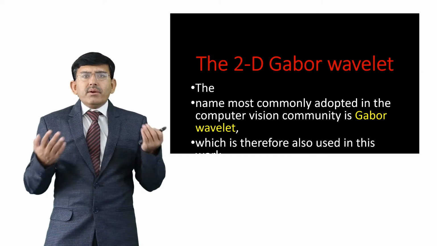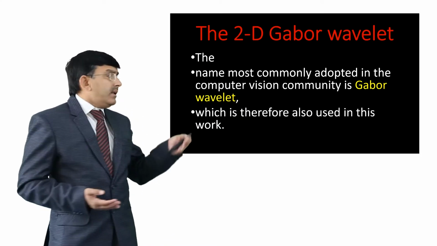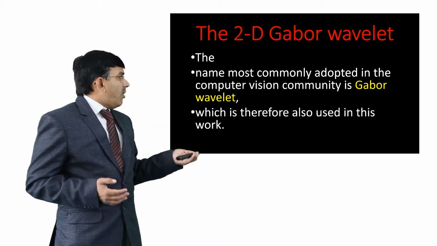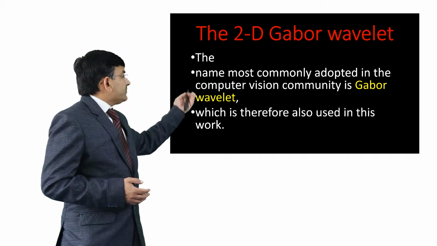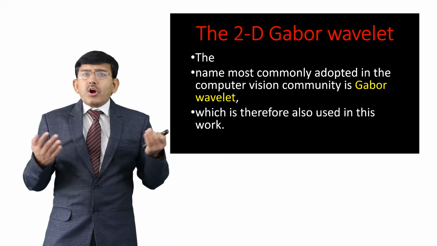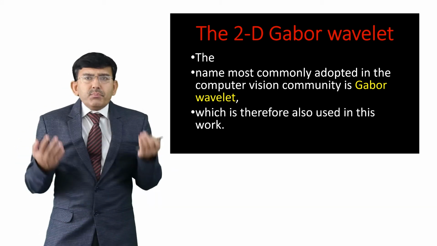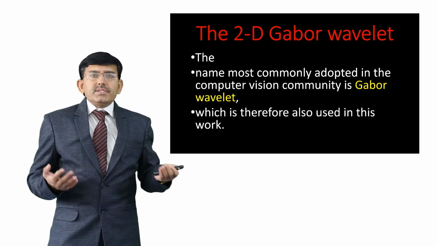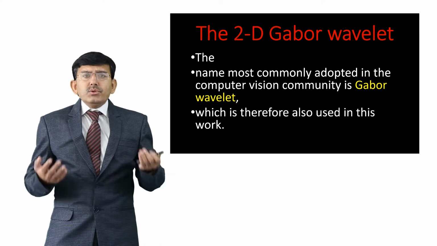The 2D Gabor wavelet has certain other properties which are also useful for extracting the prominent lesions. The name most commonly adopted in the computer vision community is Gabor wavelet, which is therefore also used in